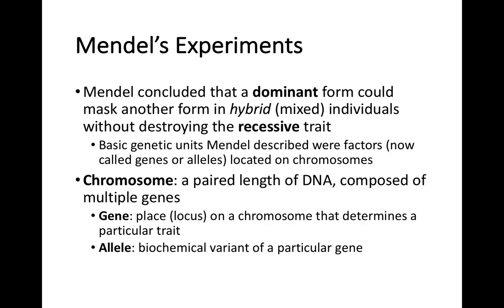So let's think about blood type. Blood type's a nice one to study in humans. We have one location for blood type, one gene for blood type. That gene has three alleles. Those alleles are A, B, and O. Two of those alleles are codominant. That's A and B. One of those alleles is recessive. That's O. So when we talk about possible genotypes, you can have type O blood, where you have two recessive